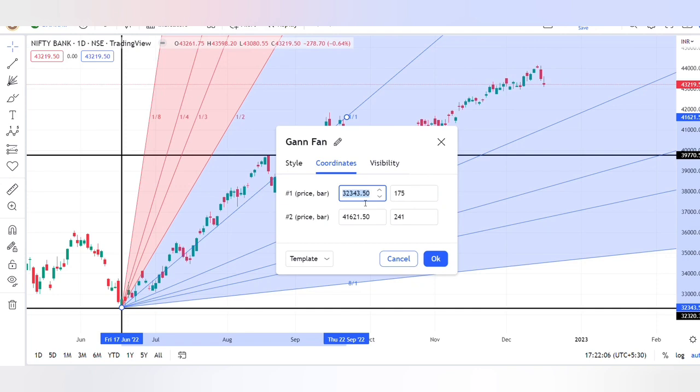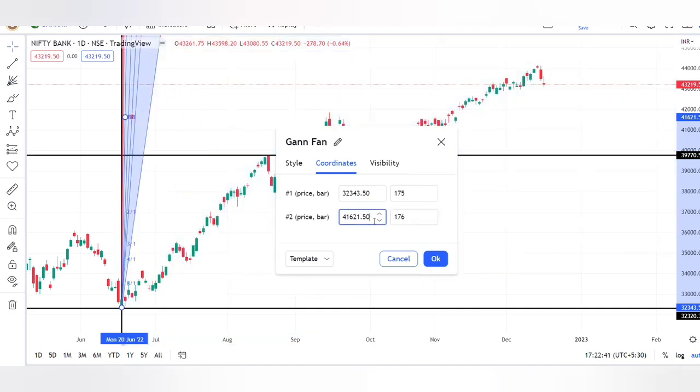Meaning the square root of 32,343.5 is 179.84. So now we have both 1 unit of time and 1 unit of price value. 1 unit of price value is the square root of 32,343.5, which is 179.84, and we are changing the time by only 1 unit. So if we are increasing the time by 1 unit, that is 175 plus 1, which would be equal to 176. Then we also have to increase the price by 1 unit, which would be equal to